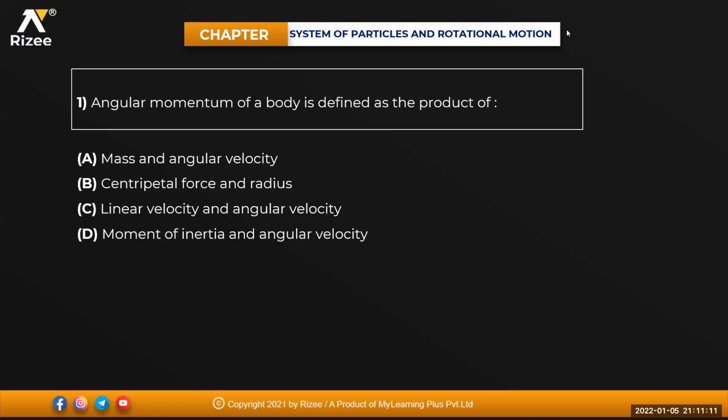First question, madam. Angular momentum of a body is defined as the product of